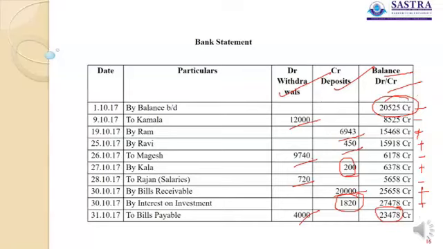But how do we understand what are all the items that are matched in both bank and the cash? And what are all the mismatched items? The mismatched items are the bills receivable collected, not entered in cash book, 20,000. So we need to know here the bills receivable, 20,000. Then the interest on investments collected, not entered in cash book, 1,820. Then the checks issued but not presented,